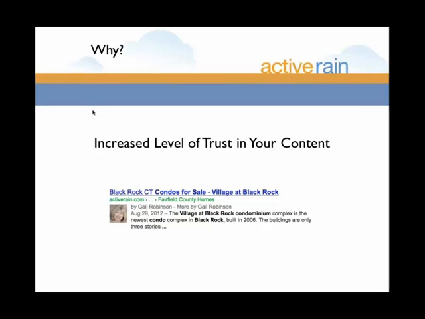So if you haven't seen this already, you probably don't do enough Google searches. But what's starting to happen, and it's been happening for the last, I don't know, 8 months maybe since Google came out with authorship, is people's faces are starting to show up in Google search results, and this is a pretty